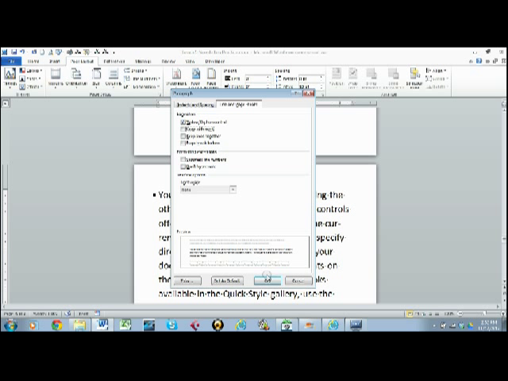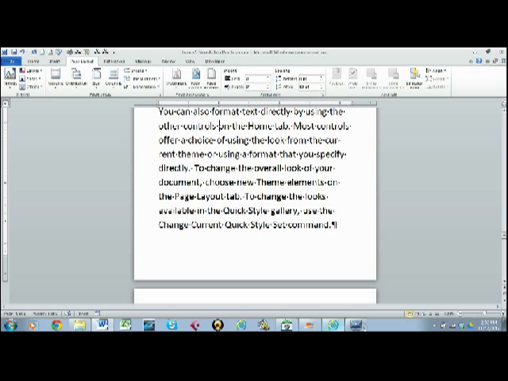To turn that back off, simply go to the paragraph, click anywhere in the paragraph for which you've turned that on, and then launch the dialog box. Uncheck